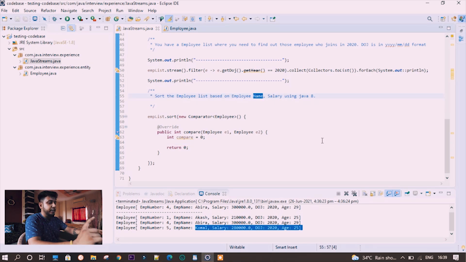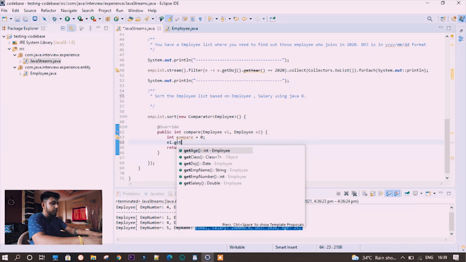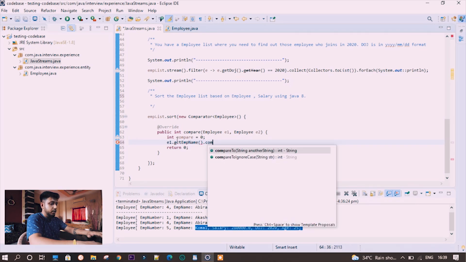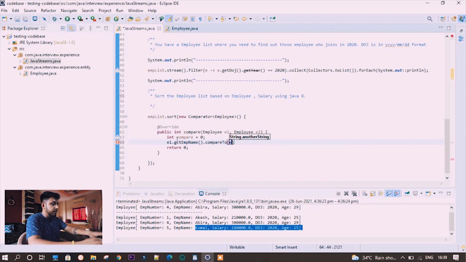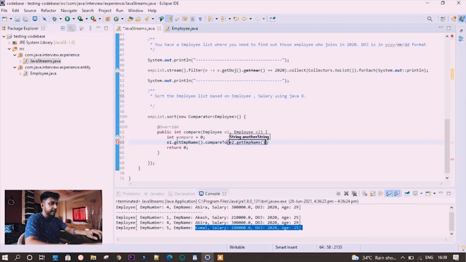In order to do that, E1 dot get employee name dot compareTo, this is a compareTo method, and here you need to pass E2 dot get employee name. This will give you one integer which is compare.